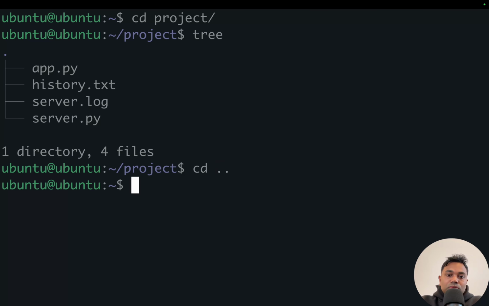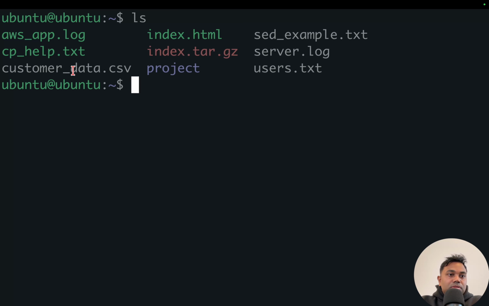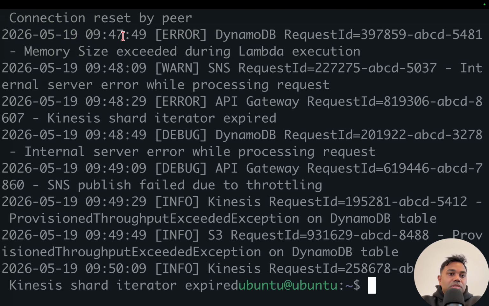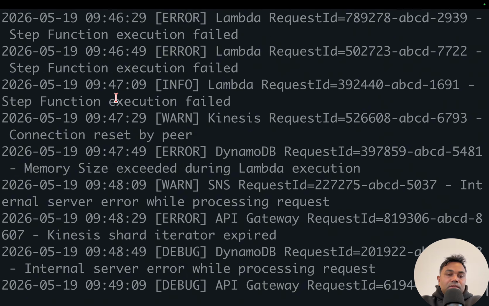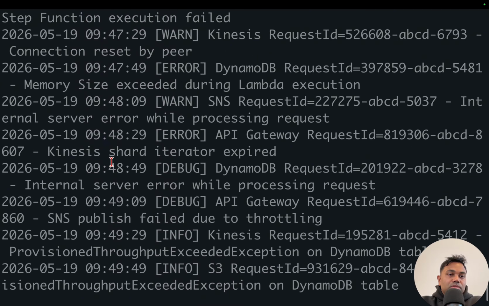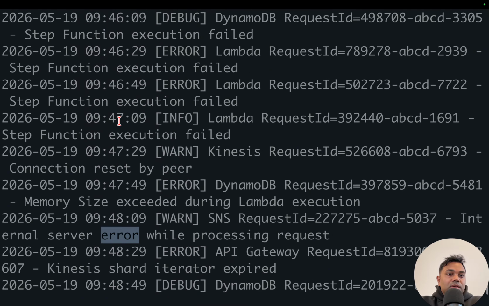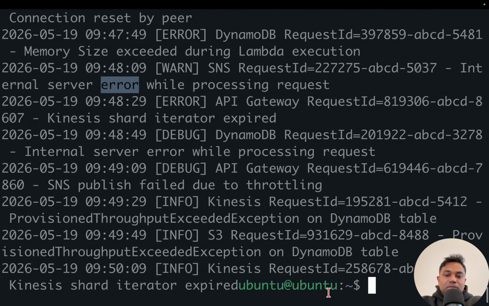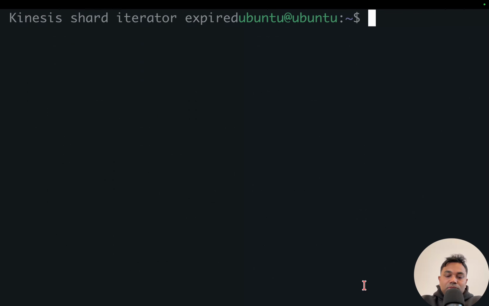You can also go to the parent one. I have another ls. I have server.log here, and the AWS app log. If I do cat on the AWS app log, this is the data that it has. And imagine I would like to filter the errors. All the errors that you are seeing here, if you would like to filter them, then you can use the